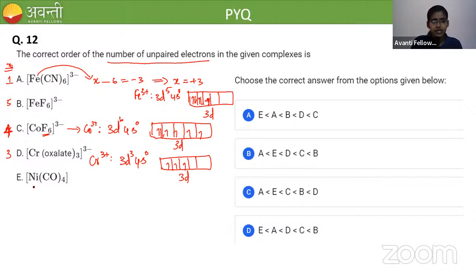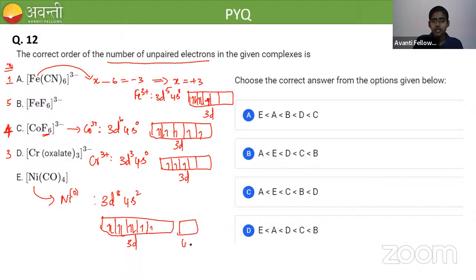Then coming to nickel, you can see the complex is neutral in nature. So the oxidation state of nickel is 0. So the configuration will be 3d8 4s2 for nickel. Let me draw the 3d orbital first. Then on putting the 8 electrons in it, it will give you this kind of configuration, and 4s2 I'm